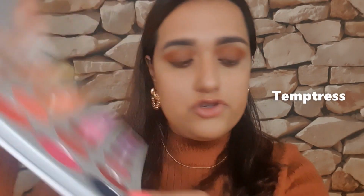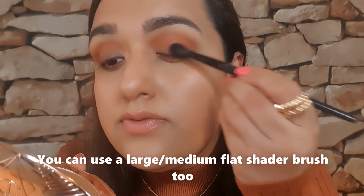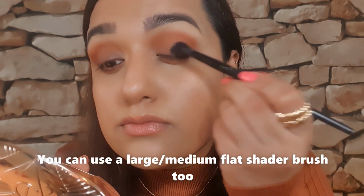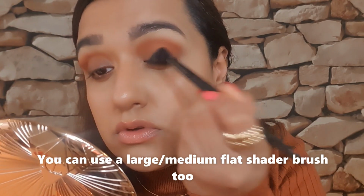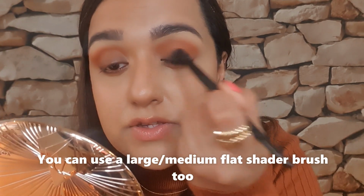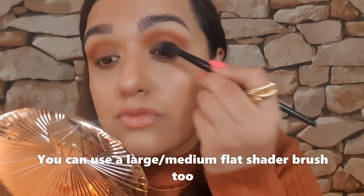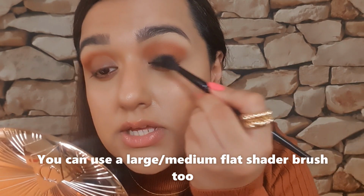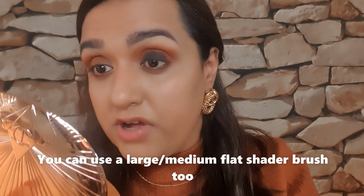Then I'm going to take Temptress from the JACQLYN Hill palette, and I'm taking a firm but fluffy brush in the middle of the eye with the black. So it's going to stick to the eye pencil that we've done. Now I'm pushing this and stippling it on. Focus on the middle first,